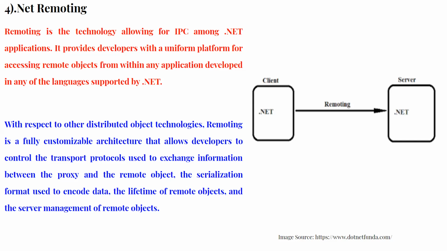Basically, .NET remoting gives developers a common platform through which the remote objects, whether of client type or server type, can communicate with each other with the help of those applications, and get their requests and responses fulfilled. If I talk about distributed object technology, remoting gives you a lot of flexibility and a lot of customization on the developer's end, because of the transport protocols you use for sharing information between your proxy and remote object. Proxy is nothing but a client, and the remote object is nothing but your server.